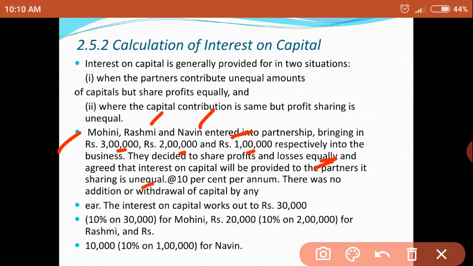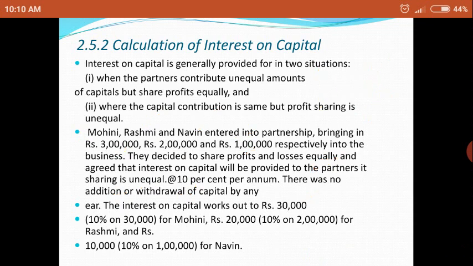The rate is 10% per annum. So the interest on capital rate is given, that is 10%. There was no additional capital and no withdrawal of capital. There is no amount of drawing and no amount of additional capital. So how much does the interest on capital work out to? 30,000 for Mohini. How? Mohini's capital is 3 lakh